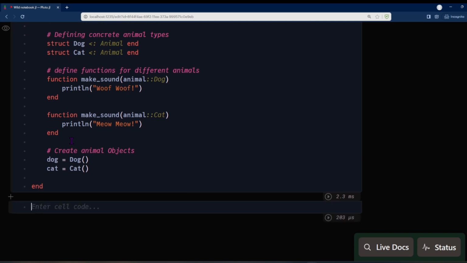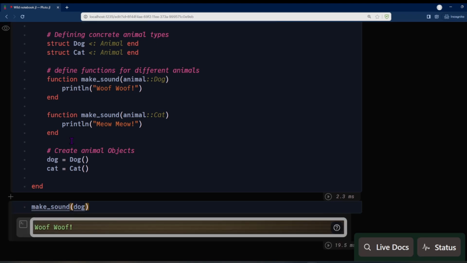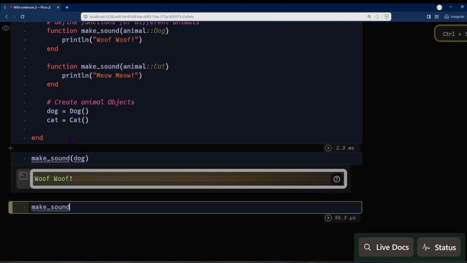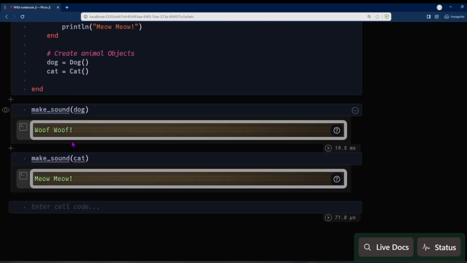Now I'll call make_sound and pass the dog. If you see, it automatically recognizes what kind of object we are passing in, and it makes the sound in a similar way. Now if I pass anything else,